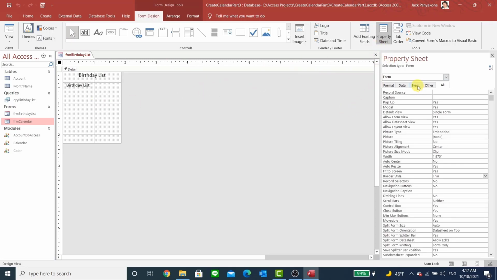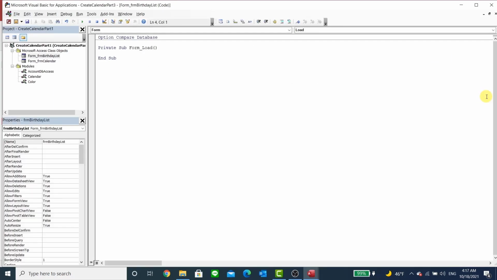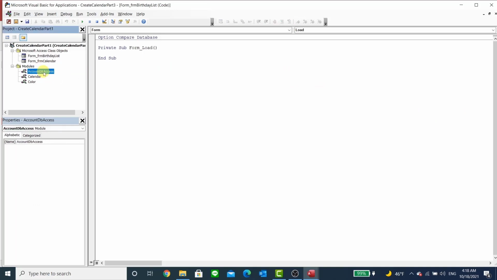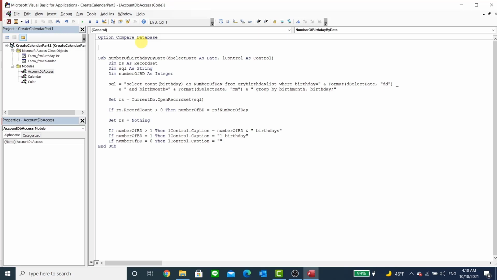We're going to go into the form load. On load, it's going to look like so. So when this guy is open, what do we want to do? We want it to display those names. Likewise, let's pop back in here. So here we want to call birthday list. Let's do sub display